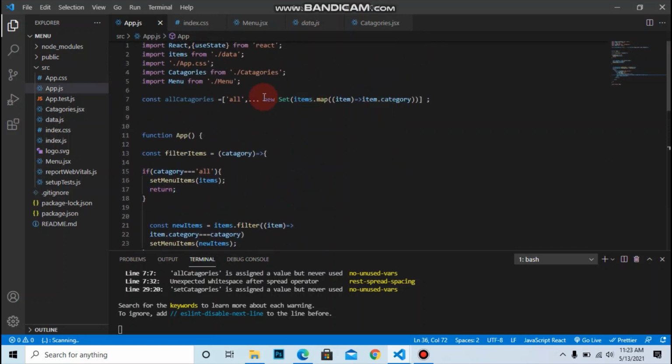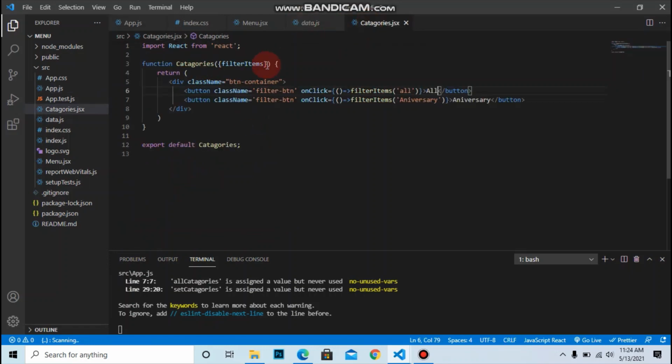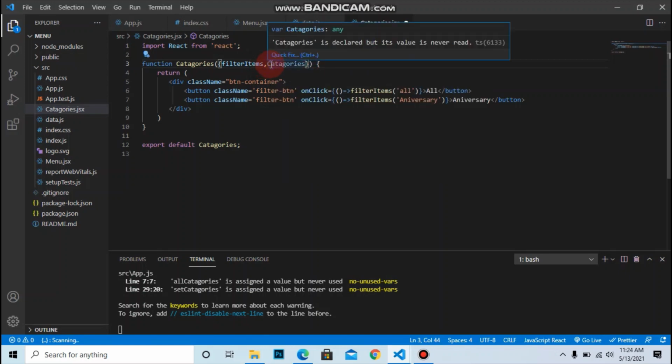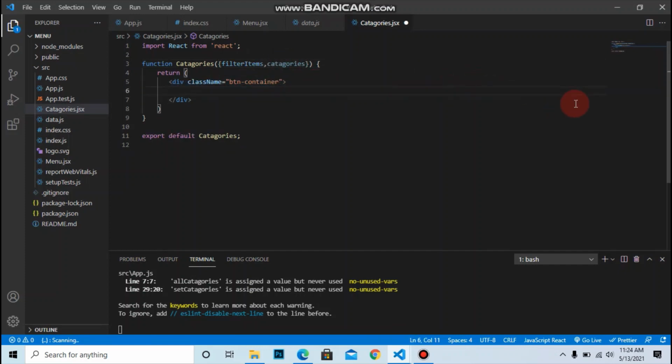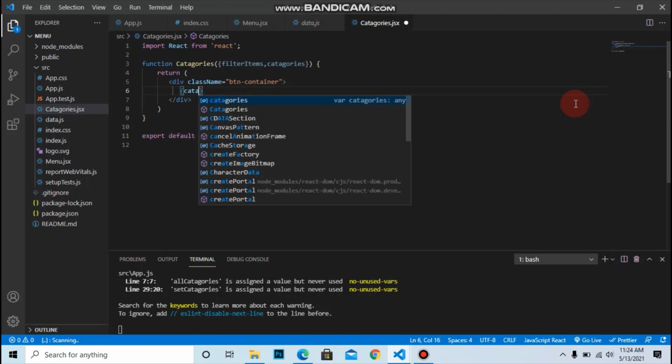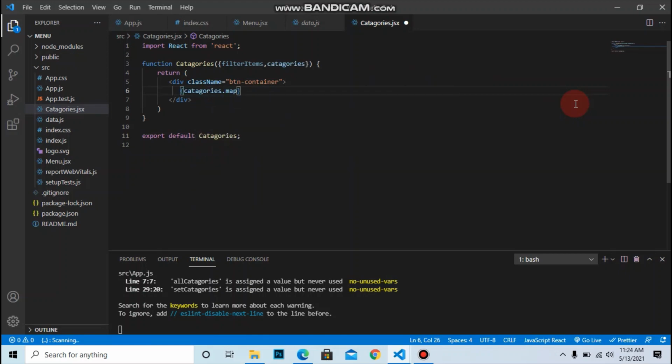Unexpected space, let's remove the space. Inside the categories, let's first destructure the categories, and let's dynamically add the button. So let's remove this and use curly braces to iterate over the categories, that is the map method.